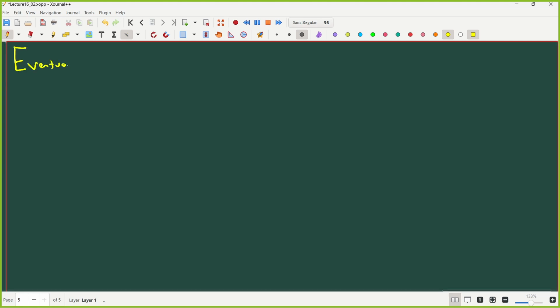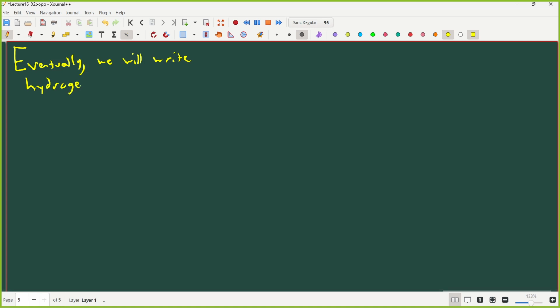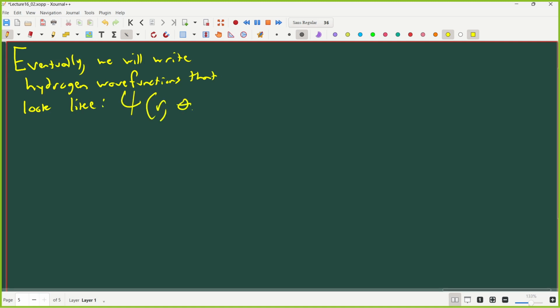Eventually, we will write wave functions, hydrogen wave functions, that look like functions of r, theta, and phi. Our wave functions are going to be functions of these three coordinates. And we're going to want to remember when we integrate these, in order to calculate properties of our hydrogen atom, we're going to have to integrate these wave functions. So in 3D,